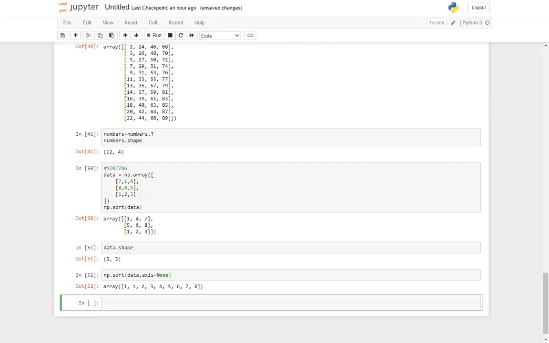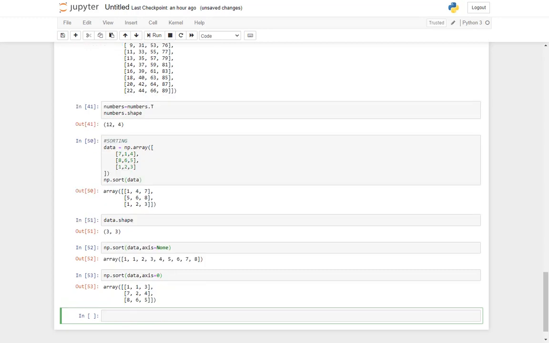And let's say if you give a dimension, sort data wherein axis is equal to 0. So what is happening? In each of the columns, data is sorted. Here it becomes 1 7 8, here it becomes 1 2 6, and here it becomes 3 4 5, right?